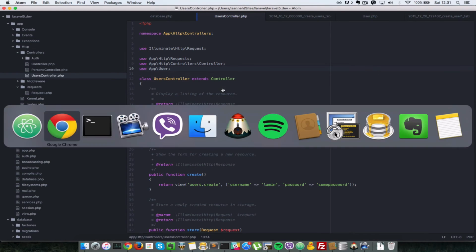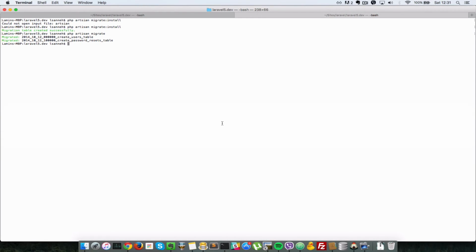Okay, so go back to our browser and we refresh. As you can see, it's an empty array. So there's something called Tinker in Laravel, and we're going to use that to add records to our database. Okay, so we say php artisan tinker, and what that does is just opens up a shell here wherein we can do stuff like User::all,